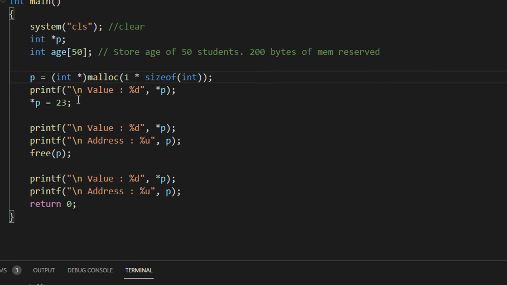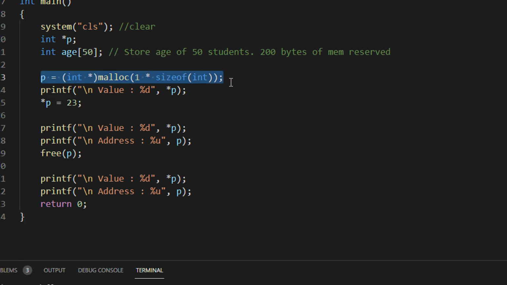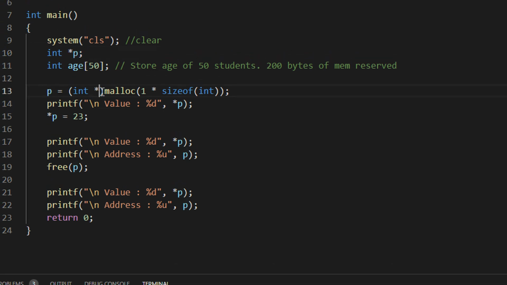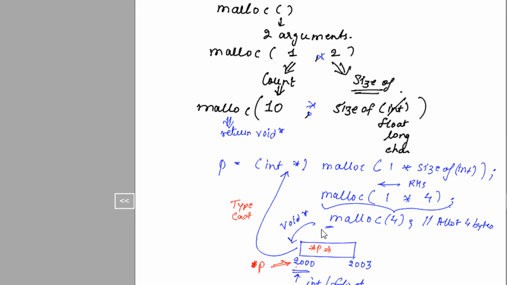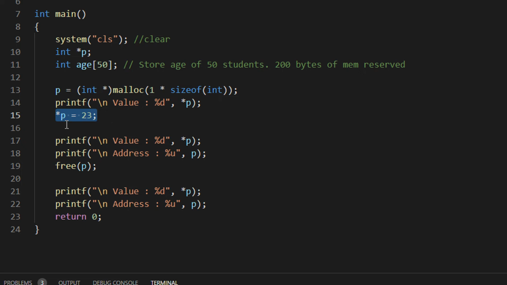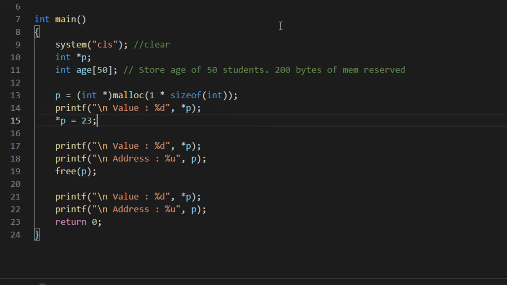Now one important thing about malloc is, see again compilers are very optimized these days. So what we have studied and what you will see in the literature online? By default, malloc will assign a random value. So if you see we have P, this is the address, and star P. Whenever you do a malloc, what will malloc do? It will assign some gibberish value, 5, 4, 1, 2. Just assume some random value it will assign by default, right? And in this case, we are basically assigning the value 23. Let me just execute the code so you can get a clear idea.